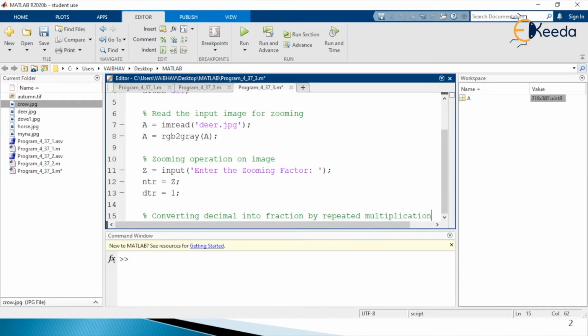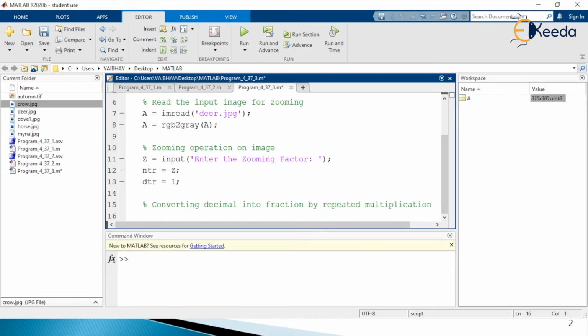For that purpose we are going to make use of the while MATLAB syntax. Inside the parentheses we put the condition. We have the variable ntr minus the floor of ntr, with the help of the floor command, and which is not equal to 0.